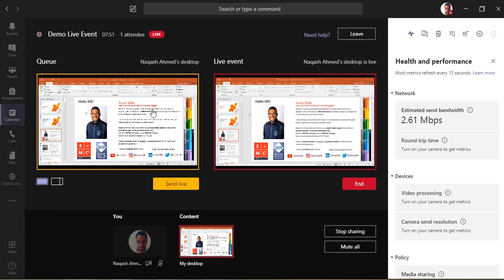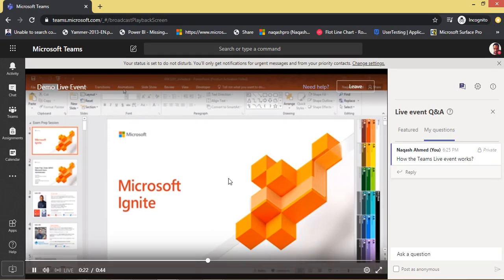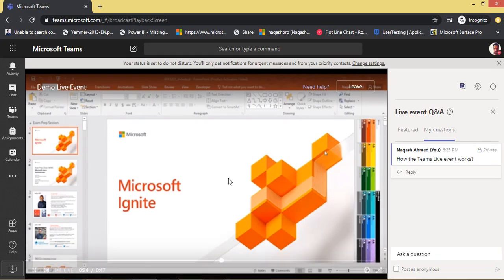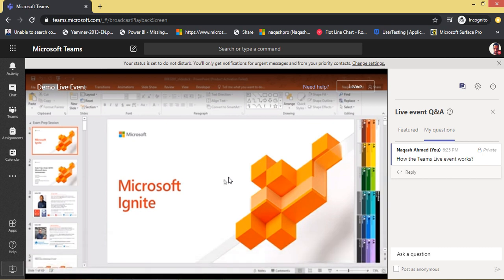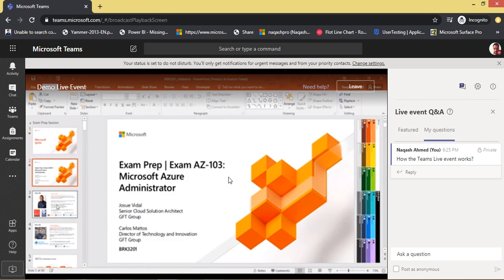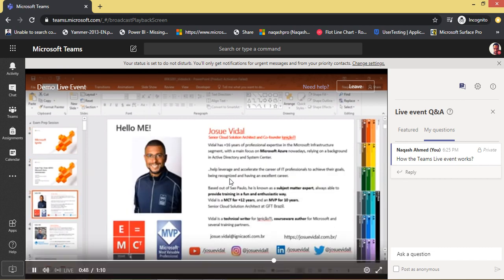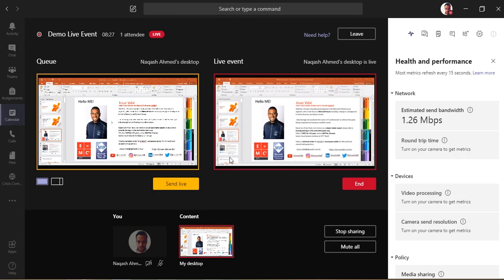You can see the change is here on the organizer view, but if I go ahead, the change hasn't been produced yet. So let's wait for the change of slide. I was on slide 3. In the attendee view, it will be shown after a 10 to 20 second delay. You see? So this is the attendee view. He is now able to see slide number 3 which I posted here.